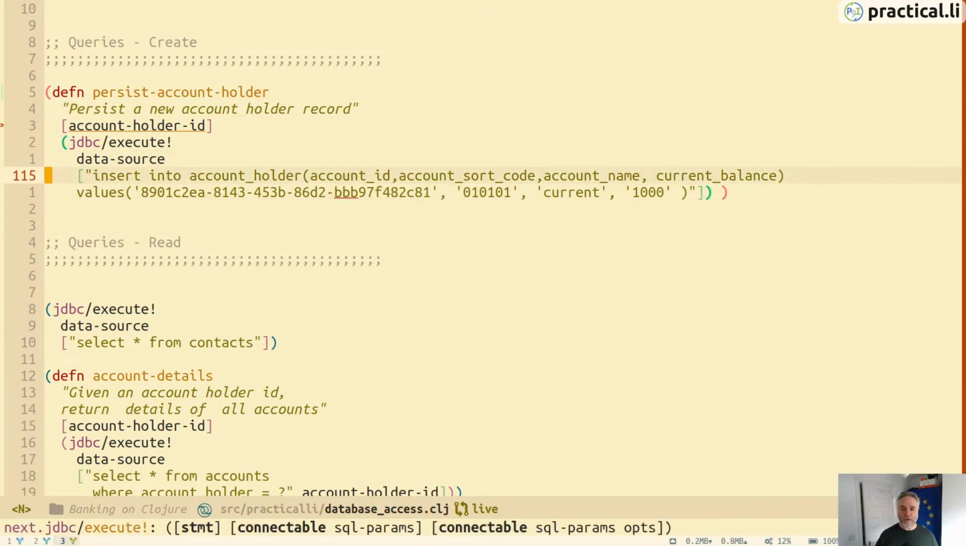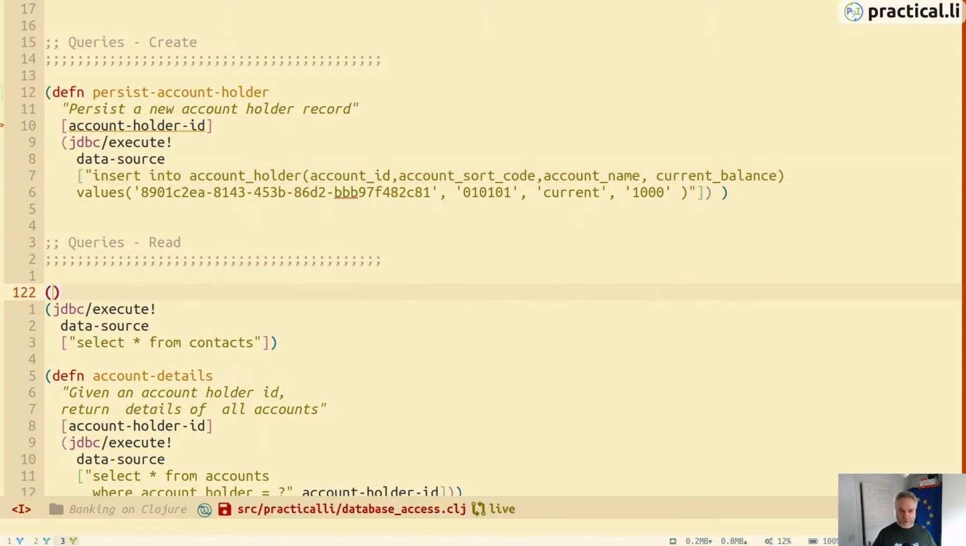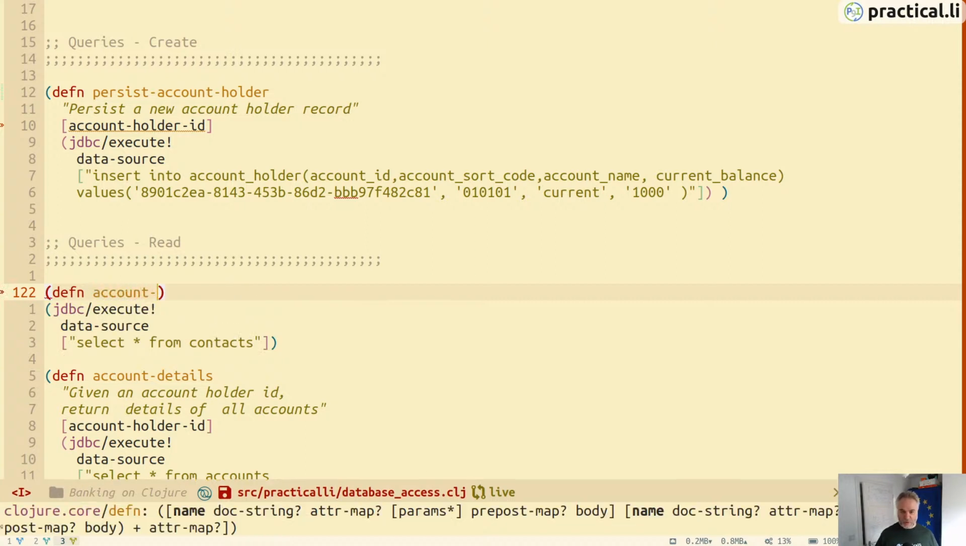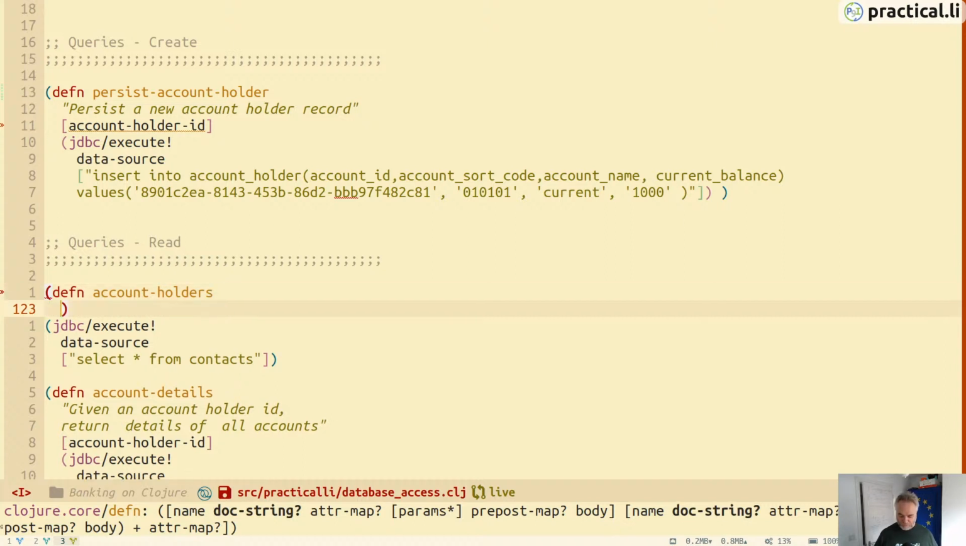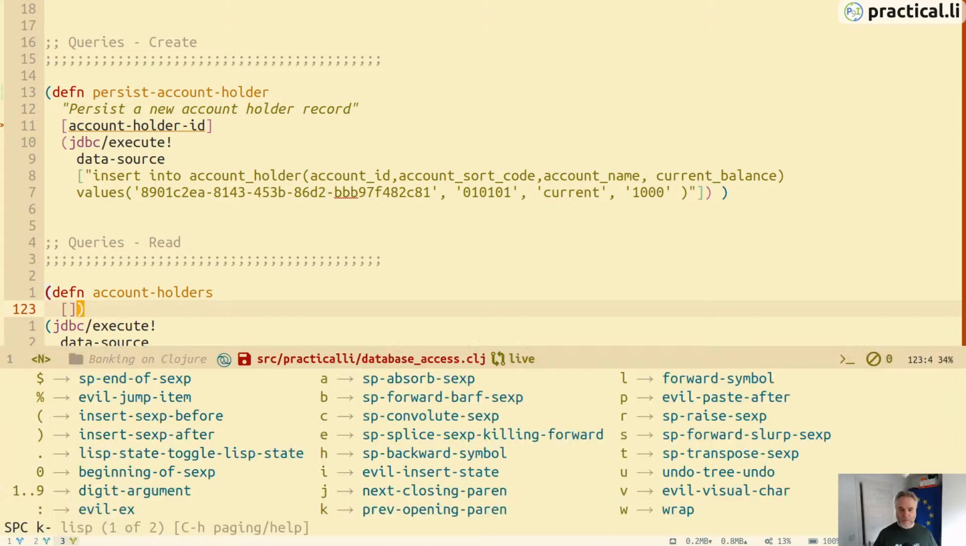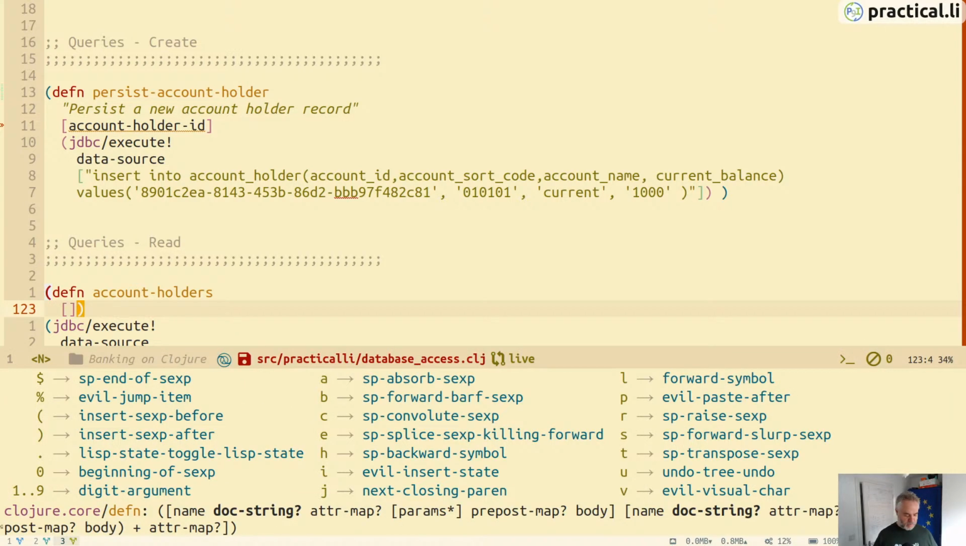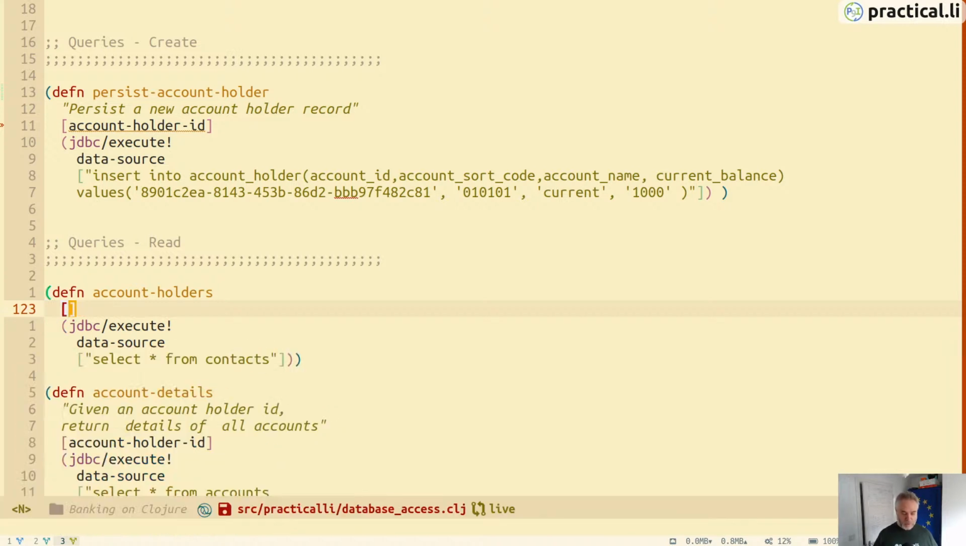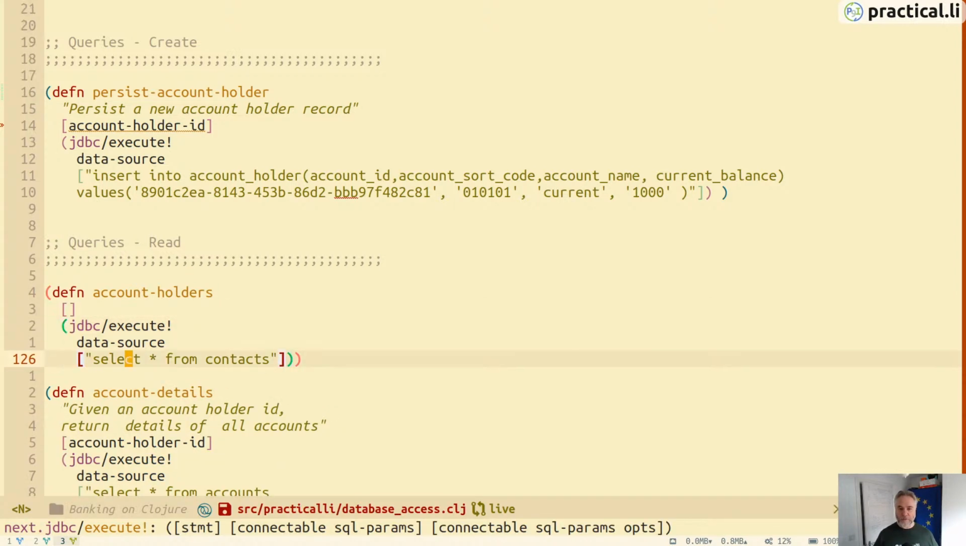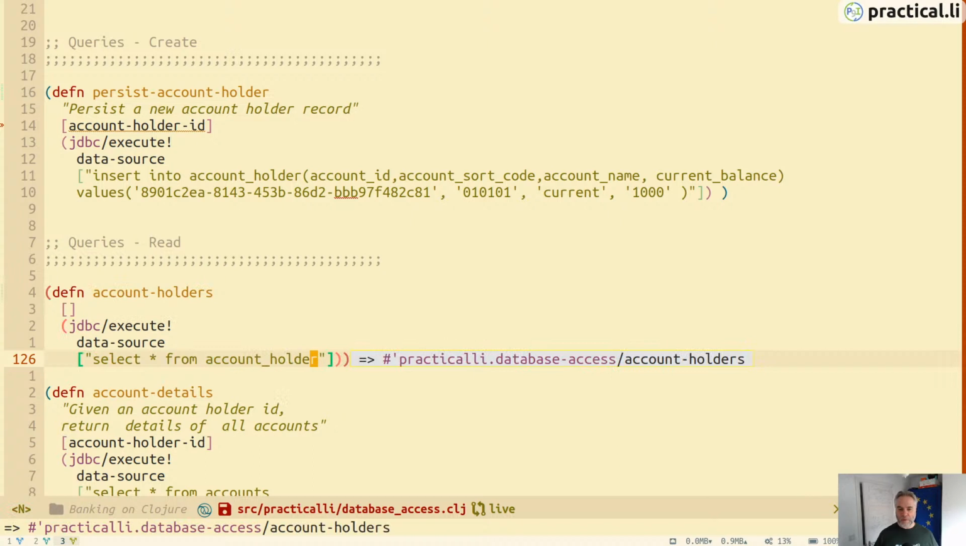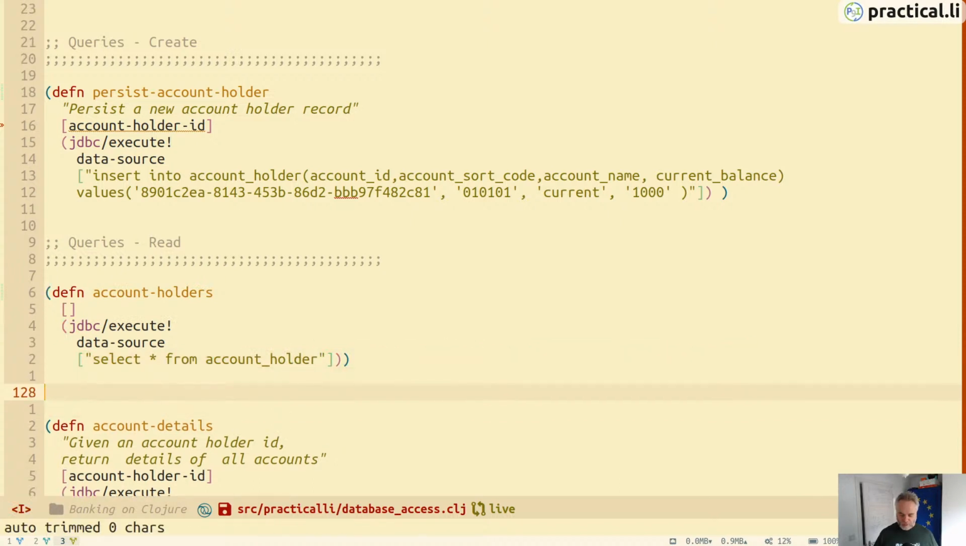Yeah, so we've created an account holder. So let's go and have a look at just create an empty query for now, empty function, and pull in the executes and select that from a account holder. Then if we run that,